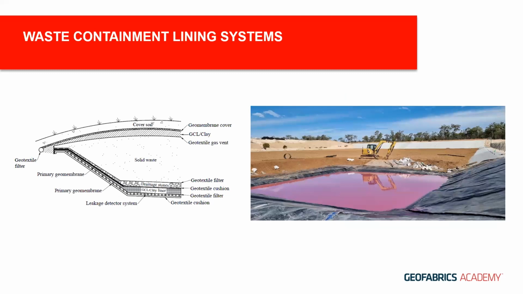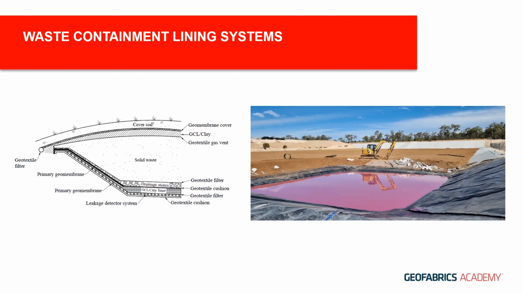A waste containment lining system forms part of an engineered void into which waste materials are then placed. The lining system prevents the leachates generated from the waste stream polluting the surrounding environment. The systems were traditionally a thick layer of compacted clay, but as time has progressed, these systems have become more complex and introducing geosynthetic materials. There are now single line systems, double line systems, composite line systems, and double composite line systems, to name a few. But the topic of this presentation is a focus on the barrier and the cushion, or the protection component